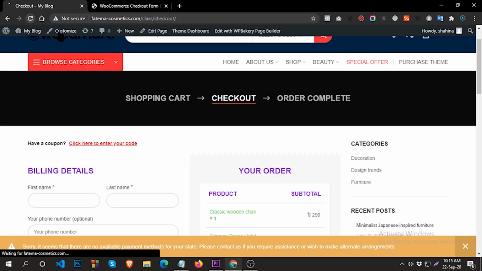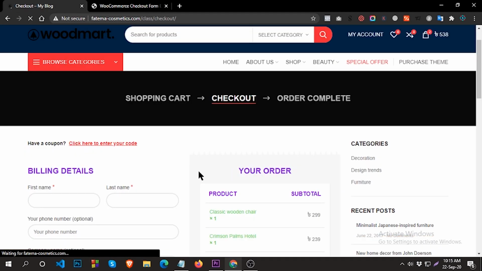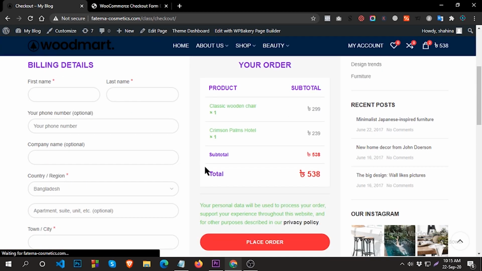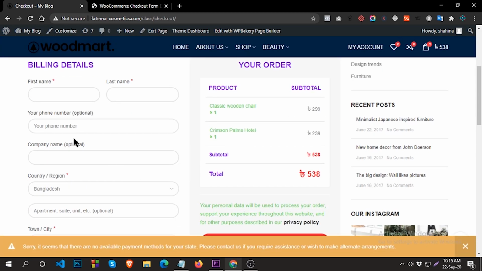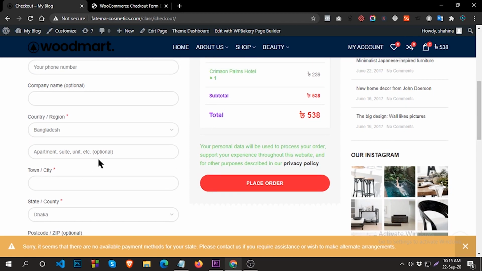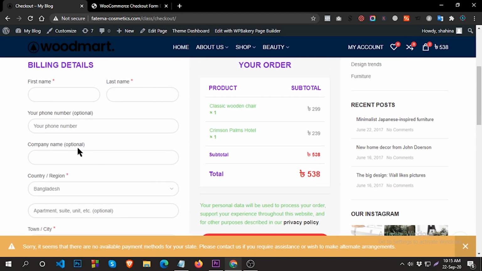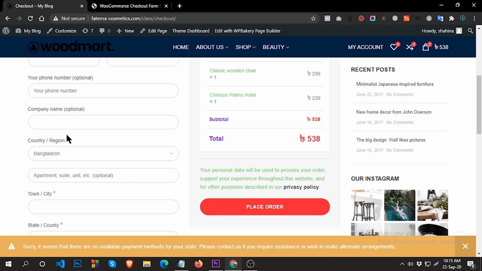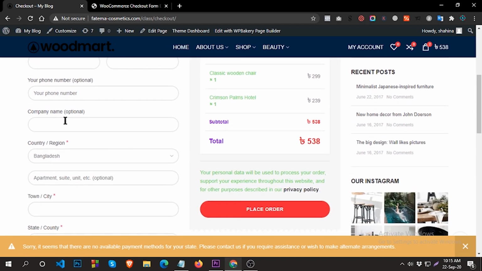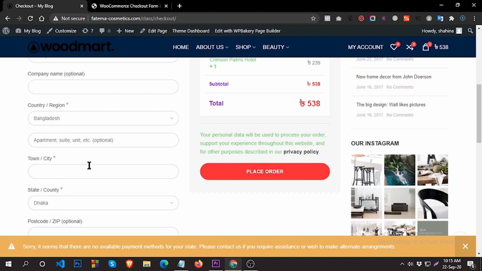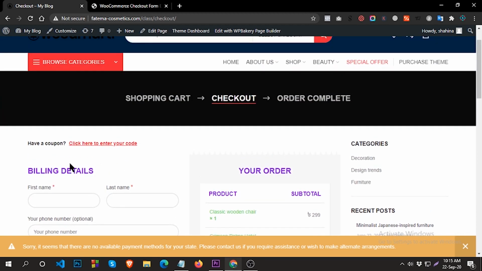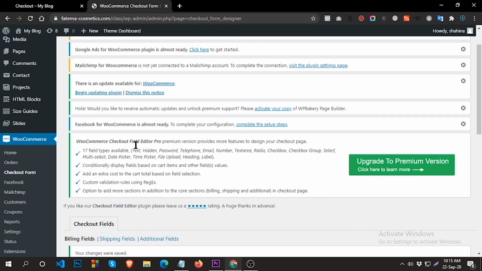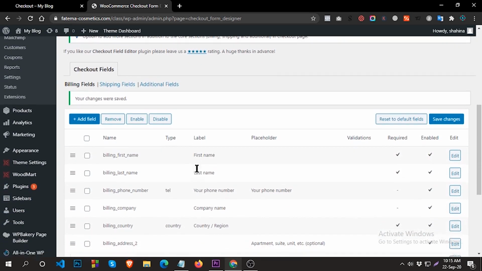Then go to the checkout page, refresh. You can see that state, address and occupation have been removed.